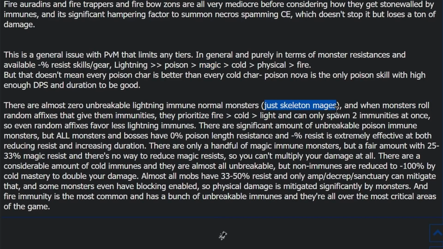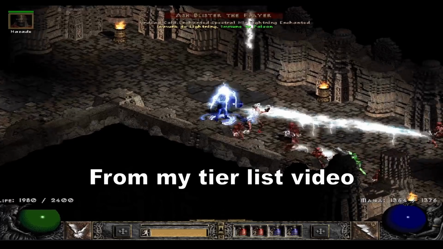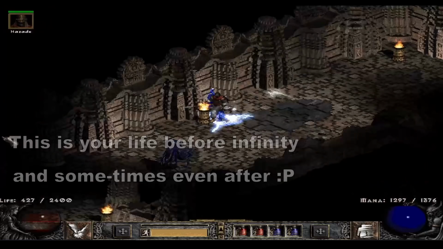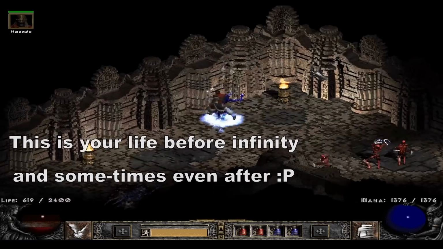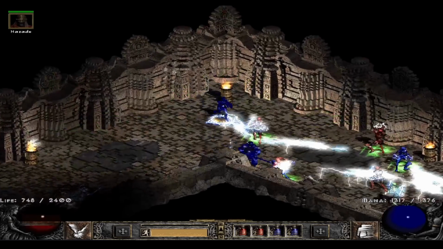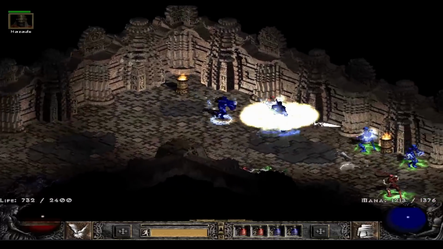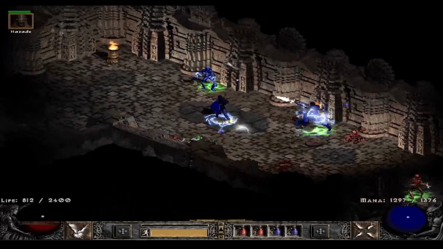So only skeleton mages in Hell difficulty cannot be broken by Infinity. And skeleton mages are not a common spawn. They actually spawned in my recent tier list video, also when I did my lightning sorceress gameplay. I included a little clip of that. So yeah, the general consensus is just that fire immunes are everywhere and you cannot break them easily, even with